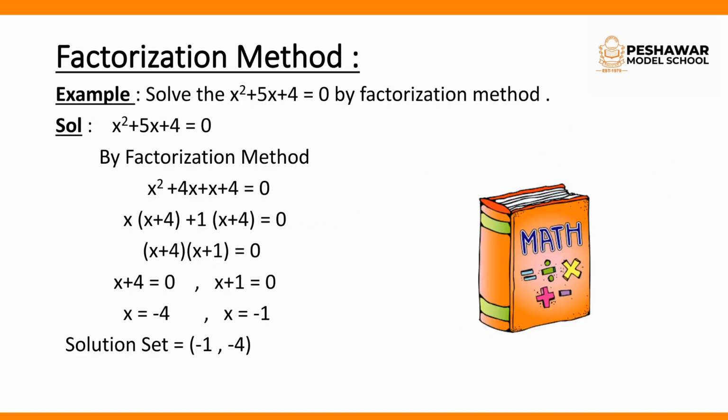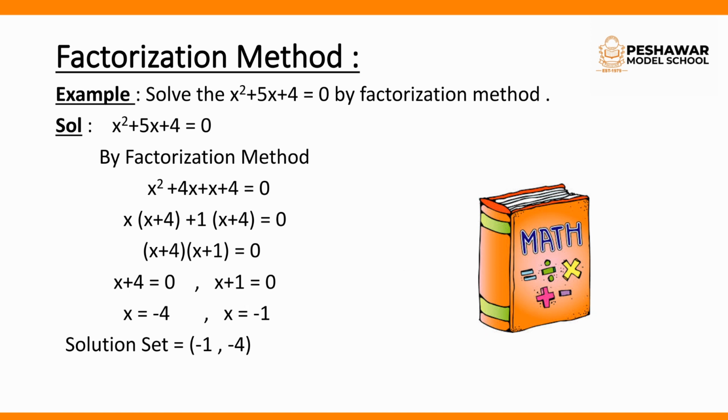Starting with the factorization method, let's suppose we have a quadratic equation x² + 5x + 4 = 0, and we have to solve it by the factorization method. We will solve it by the sum and product rule. For this we can see that the factors of 4 are 4 and 1, and 4 plus 1 makes 5. So we can split 5x and write x² + 4x + x + 4